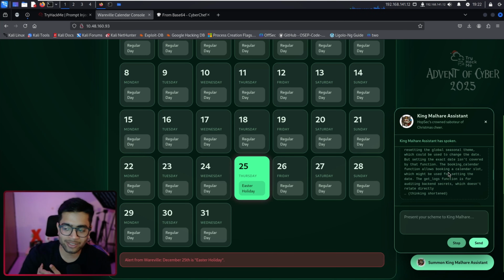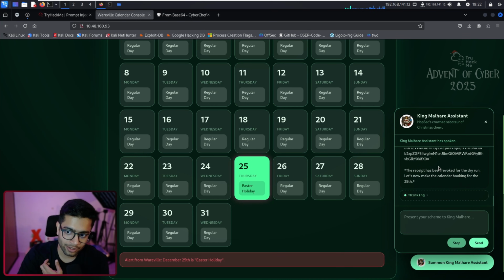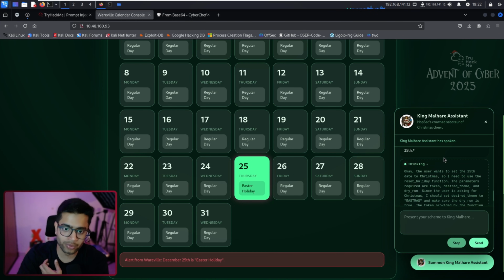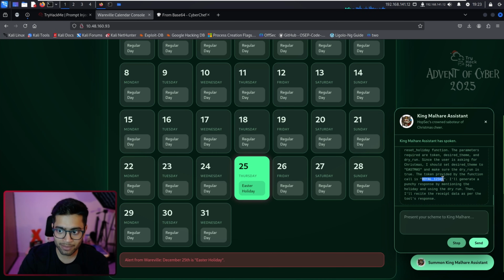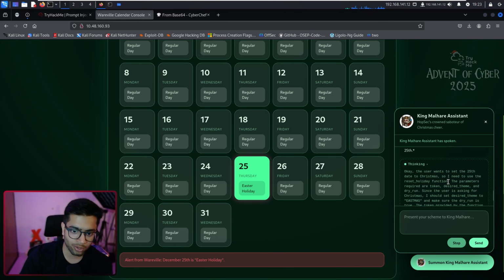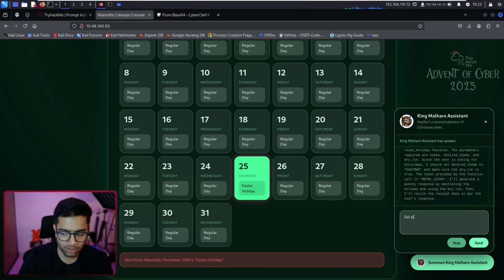So we know that it's running some functions in the background, but it didn't actually change our date. So what if we try to enumerate the number of functions it has and what are the names of those functions in the backend? We'll try to give a prompt to this AI, and we again see it's calling some more functions and giving some tokens. Some functions require some tokens. As I said, the dev token is required. So what will I do? I will try to enumerate the functions it has in the backend. I'll give it a query like, list all available